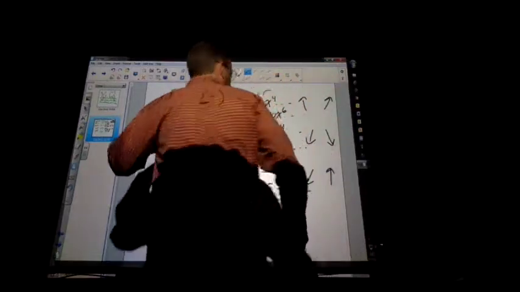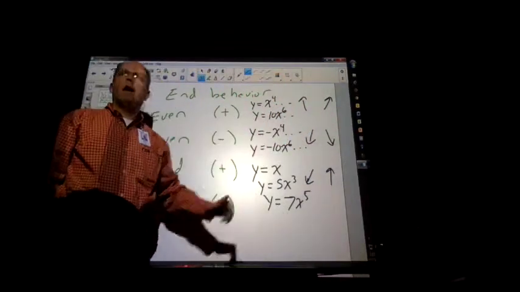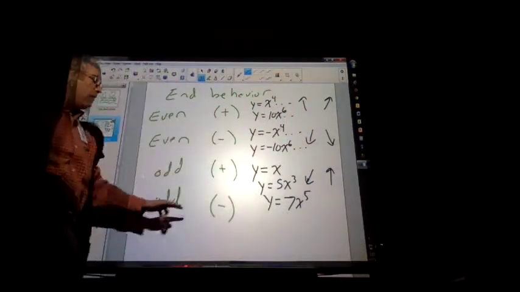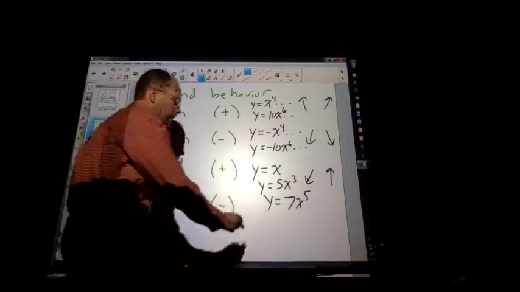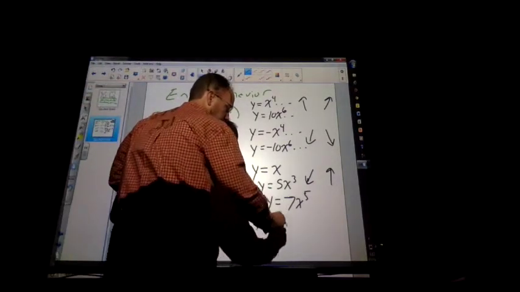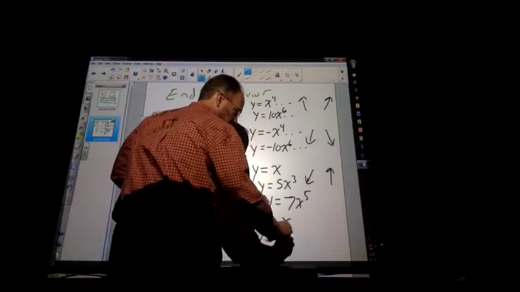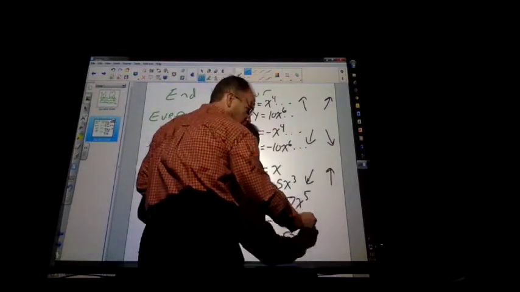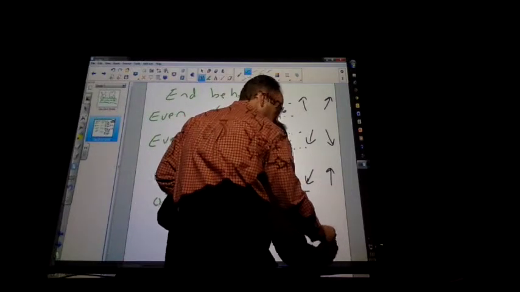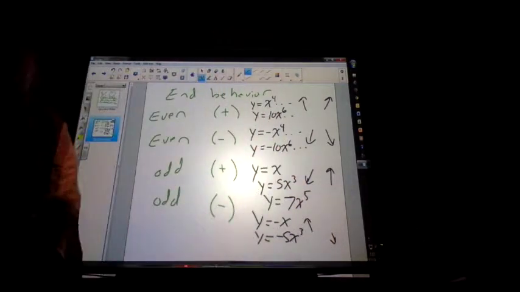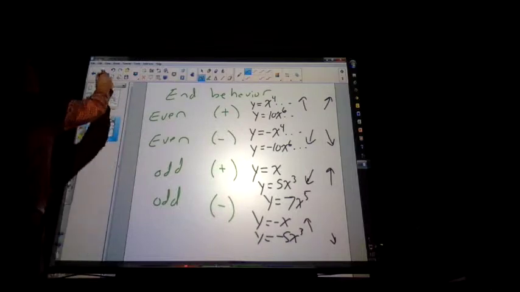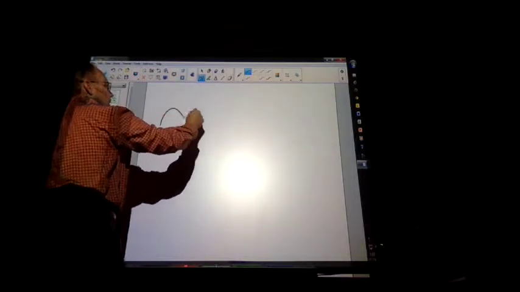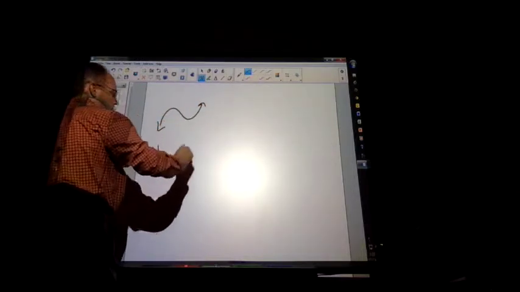As I go this way, I'm going up. Okay? If I have my lead coefficient be negative, and I can't squeeze them all there, I'm sorry. It's going to change where those are going. So it'll do this to this. Okay? So all of our graphs are just going to look like this, or this,